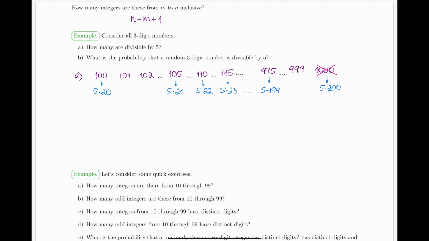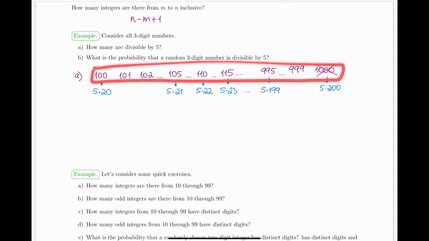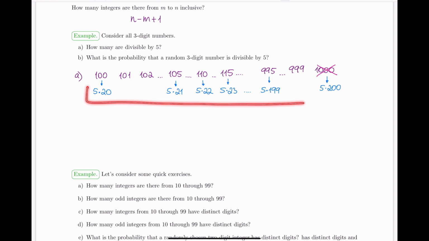What I am seeing here is a clear pattern. Instead of looking at the actual numbers themselves, I'm going to look at the numbers that 5 is multiplied by, because here I can see they go up one by one all the way to